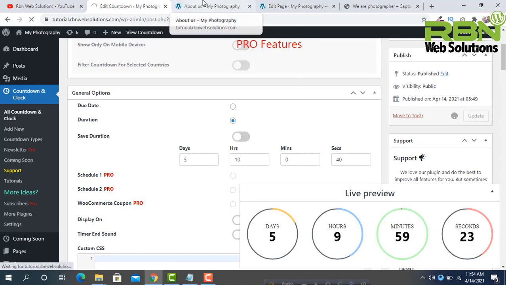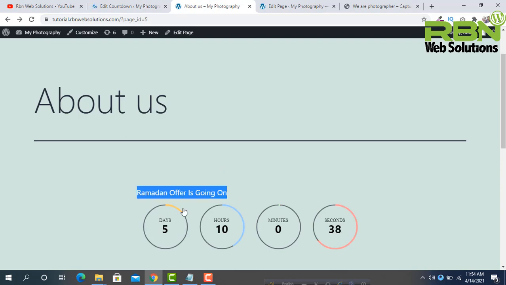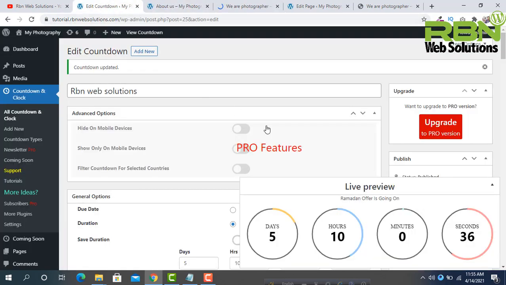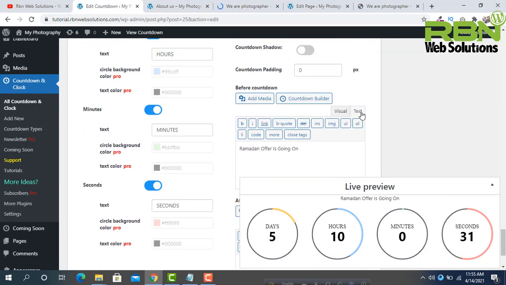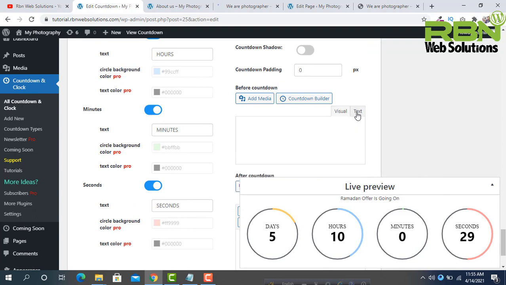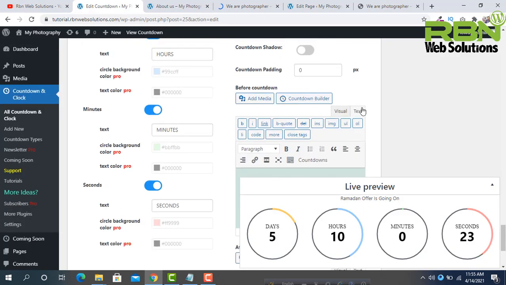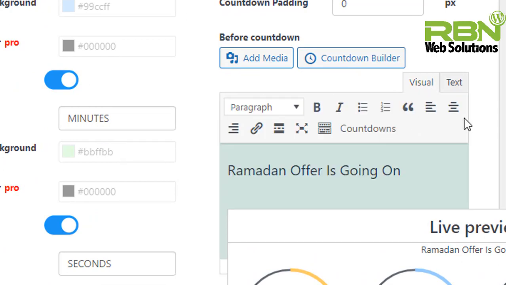Update, and then reload. Can you see here? You can customize this text also. So go to the text again and click on Visual to Text, and make it center.